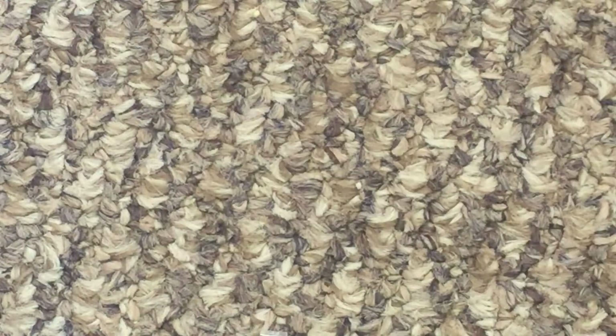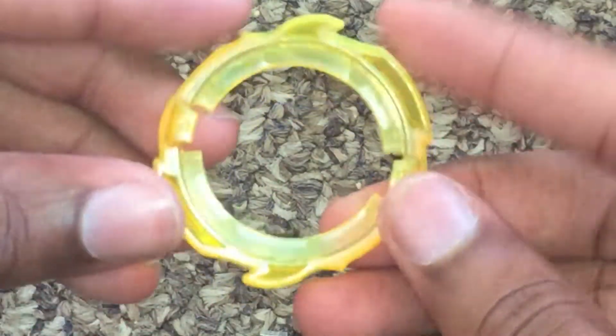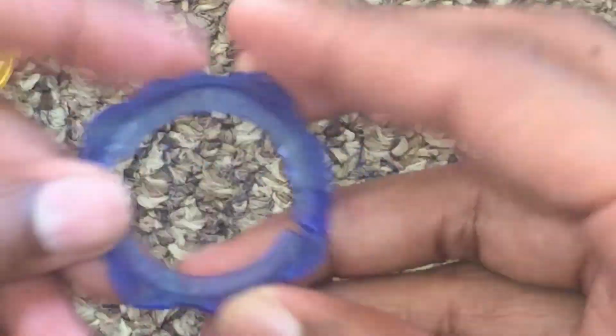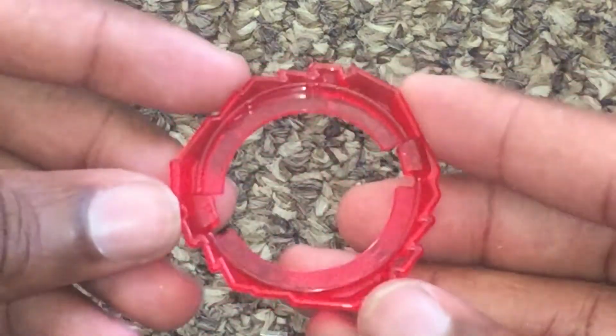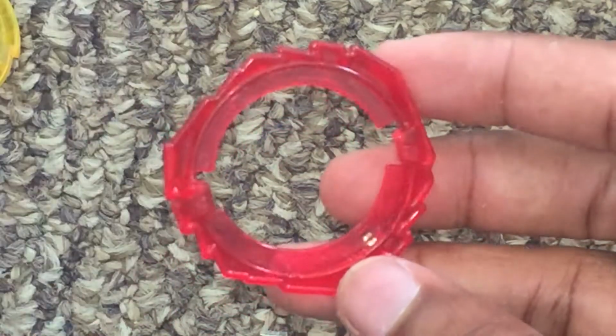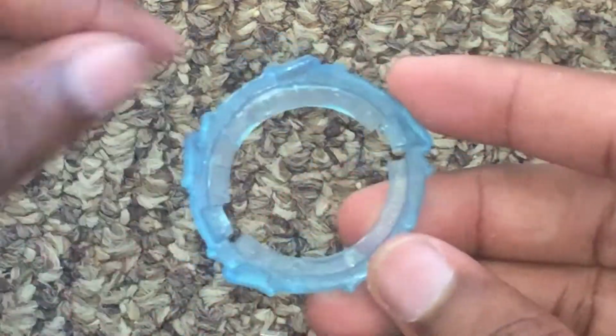So yeah, moving on to the frames. First off, we have a very nice yellow Glaive. Good stuff. A dark blue Cross. A lighter red Vortex compared to the one in the Starstorm battle set. This one's a little bit lighter. And last but not least, a light blue Meteor. So yeah,